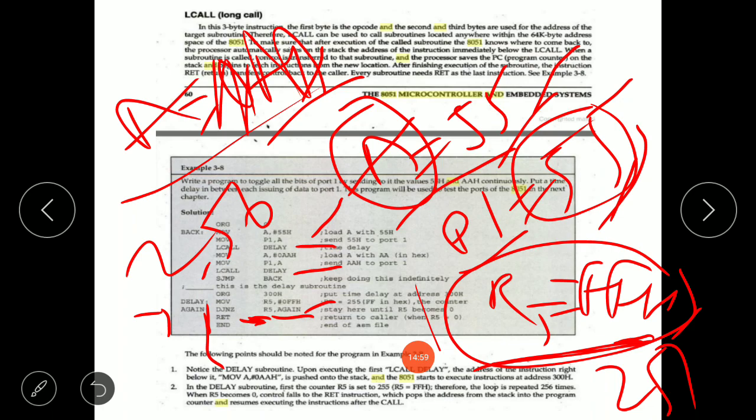Then MOV P1 comma A means we are storing the content of A into port 1, that is, we are storing the value AA into the port 1 pins, and then again we are calling delay. The delay is the same subroutine here. What does the delay subroutine say? MOV R5 comma #0FFH means we are storing the value FF into R5, then again